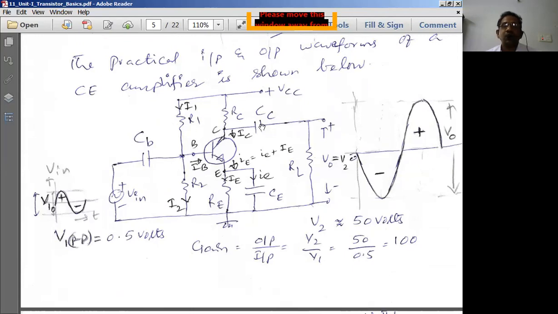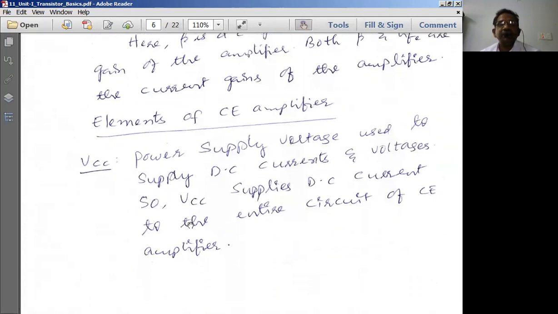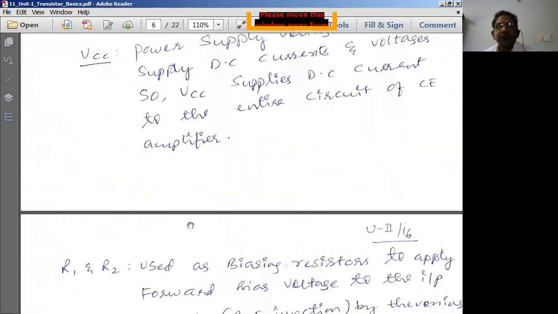Once these two act like open circuits, and the capacitor CE also obviously acts like an open circuit, what simply remains in the circuit? Simply VCC, R1, R2, the transistor, RC and RE is the circuit which remains. So this circuit is known as the DC biasing circuit for us. Now, the biasing circuit elements are going to be